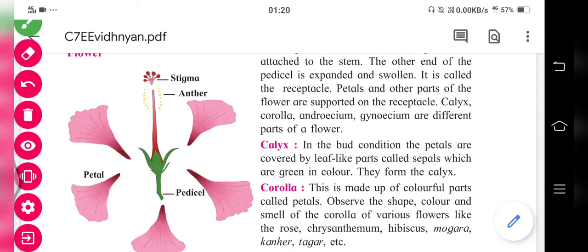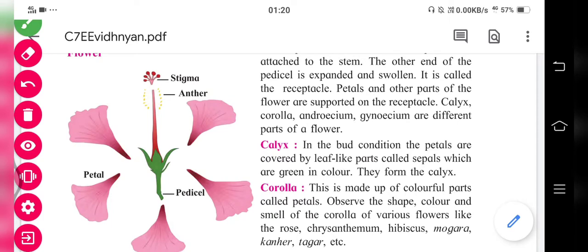Questions. So we start the chapter: plant function and structures. In this chapter we already covered the topics stem, correct, leaf,